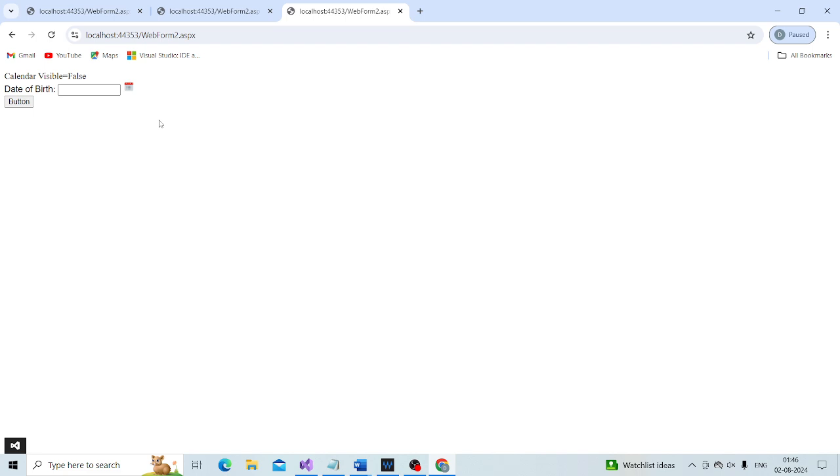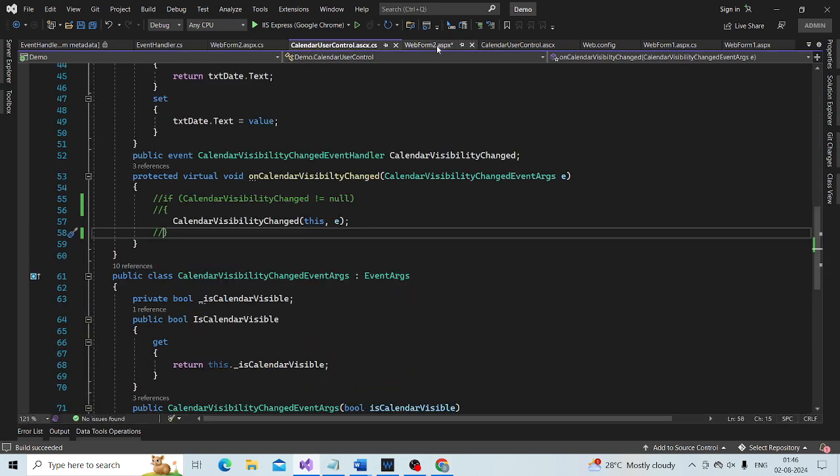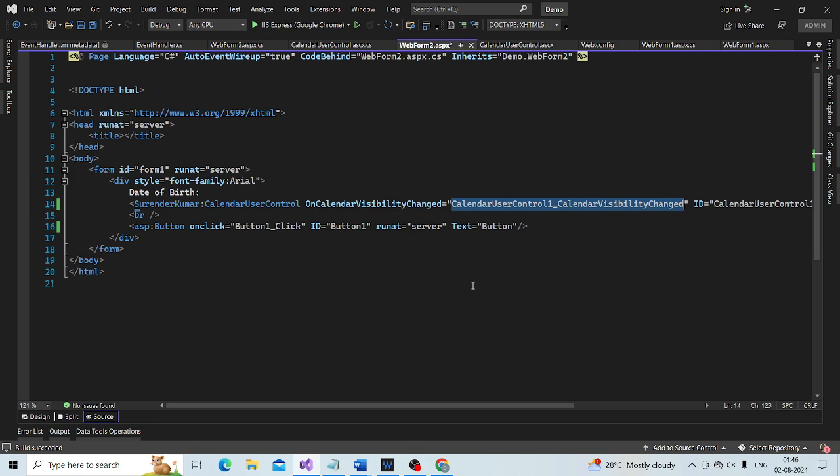Fine. Now let's say there is nobody registered for that event. Which event are we talking about? The calendar visibility change event. In this case, we have no event handler method listening for that event.